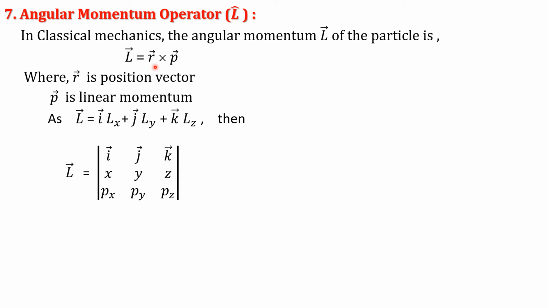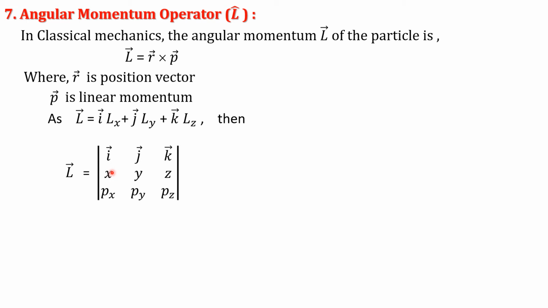Firstly, for the position vector, the components are x, y, z, and for the linear momentum vector, the components along x, y, z are px, py, pz. Now we solve this determinant,